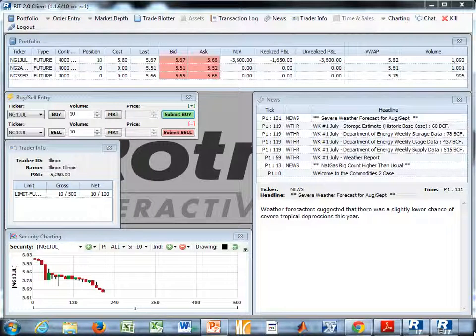Natural gas prices in the simulation are dictated solely on supply and demand. Now, when looking at supply and demand, we need to evaluate, using these news stories, how changes in supply and demand are actually affecting our positions so that we can